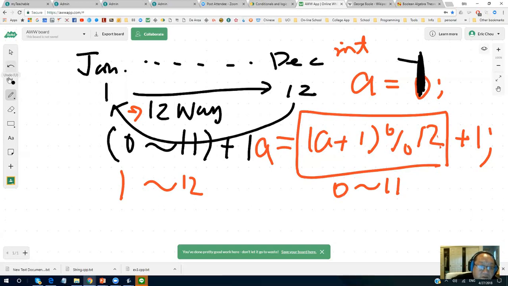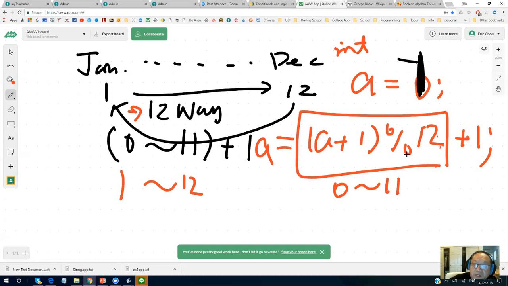So initially I set to minus 1, and then I run this once. So after the first run, I have minus 1 plus 1 modular by 12, that's 0, plus 1, that's actually 1, right?